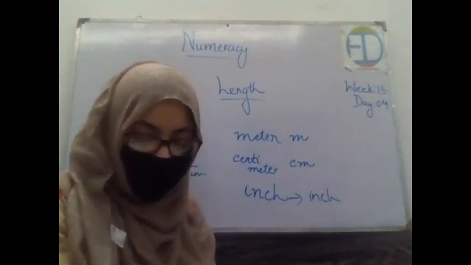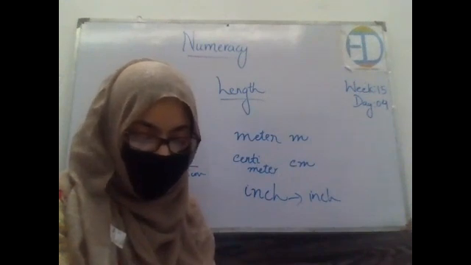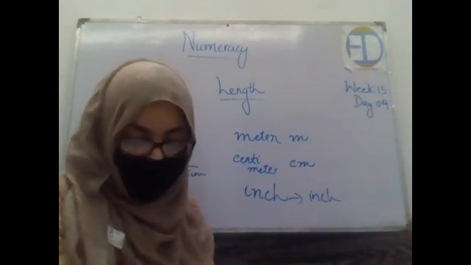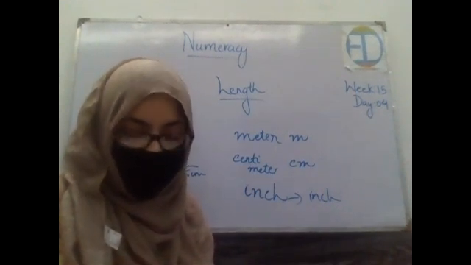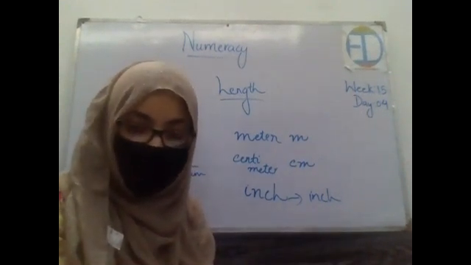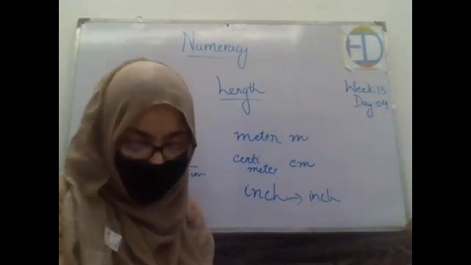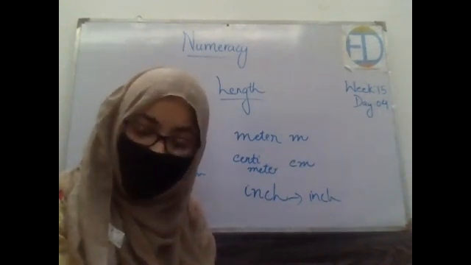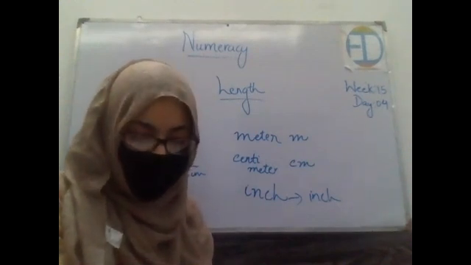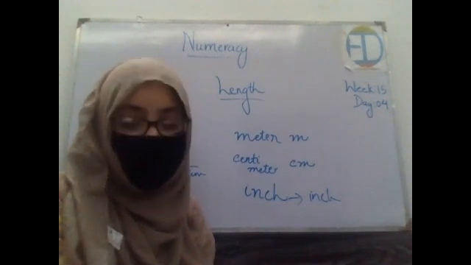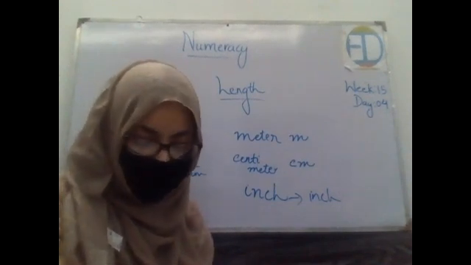Which tortoise walked half the combined distance of Monty and Brownie? Now, first we will be combining the distance of Monty and Brownie. Monty 6, Brownie 3. 6 plus 3, 9. Now, the half of 9 is 4.5. Which tortoise walked half the combined distance of Monty and Brownie? So we can call it Shelley, right?